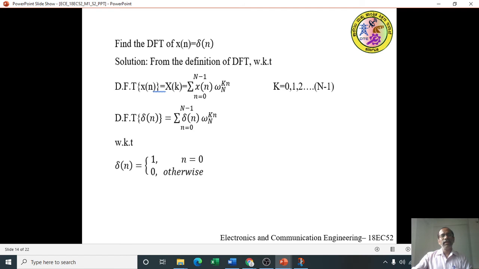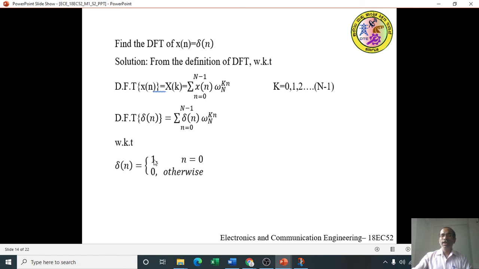Let us try the next problem: compute the DFT of a sequence x of n is equal to delta n, where delta n is an impulse signal. We all know that the impulse signal exists only at n is equal to 0 with area equal to 1. This is not amplitude. As we all know, the impulse function has an area of 1. Width is tending to 0, height is tending to infinity, and